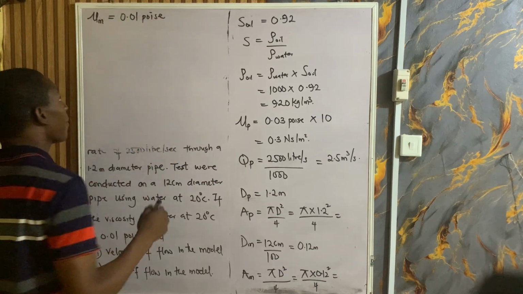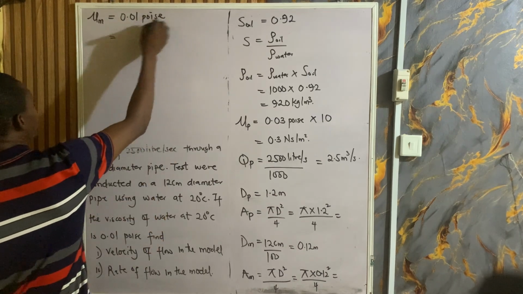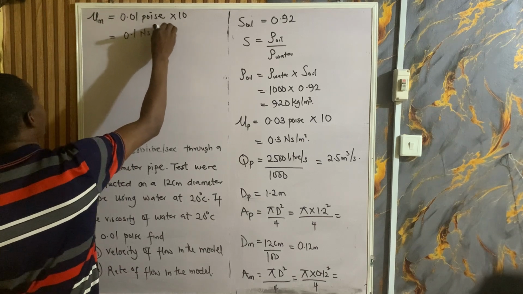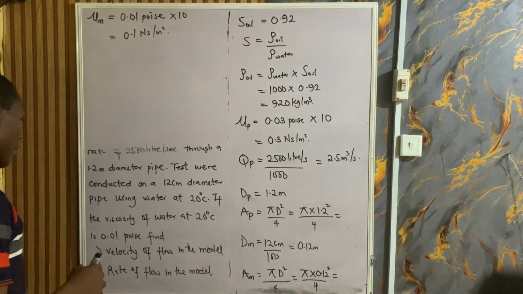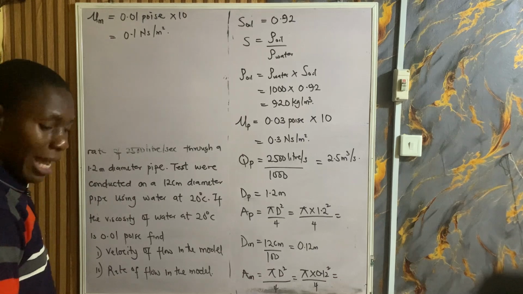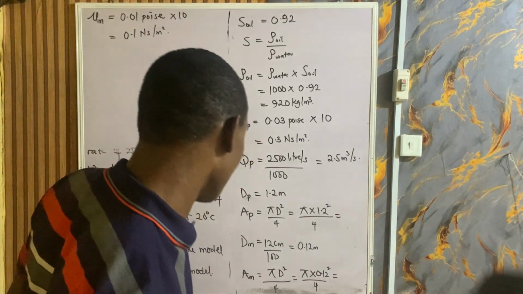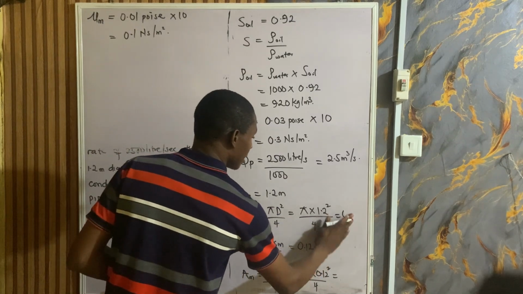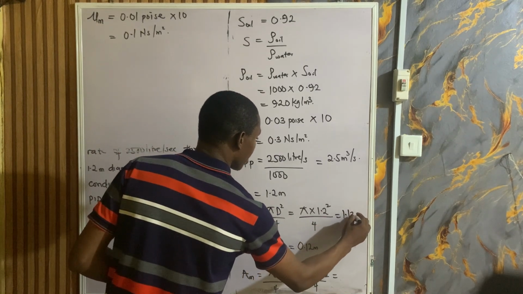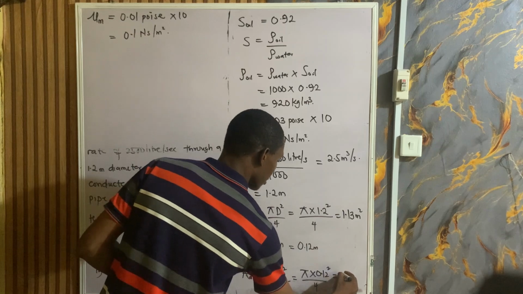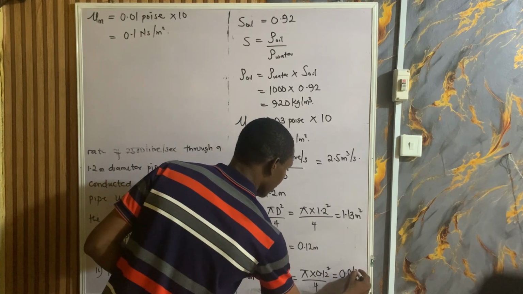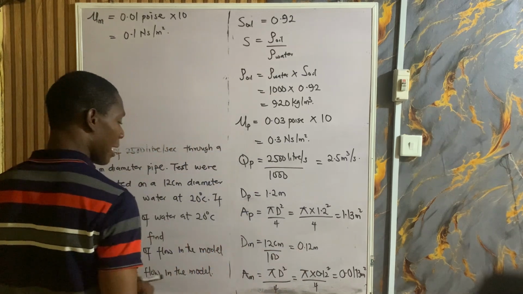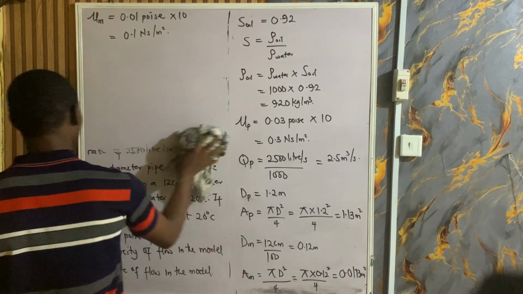So we can say this is times 10, 0.1 Newton seconds per meter square. Okay. Now, we are asked to calculate, firstly, the area of this model. So this is 1.13 meter square, and this is 0.0113 meter square. Okay. Now, let's go ahead to calculate